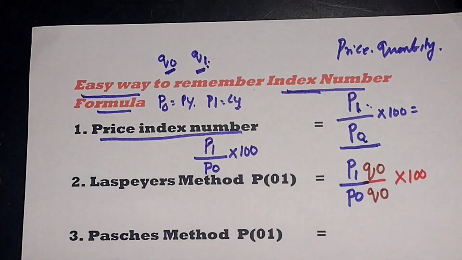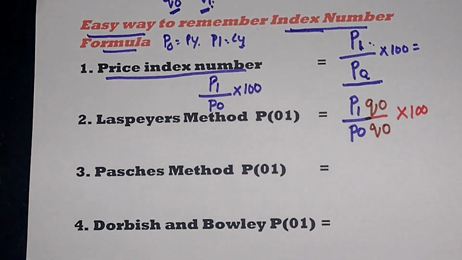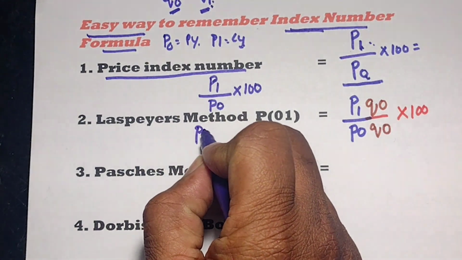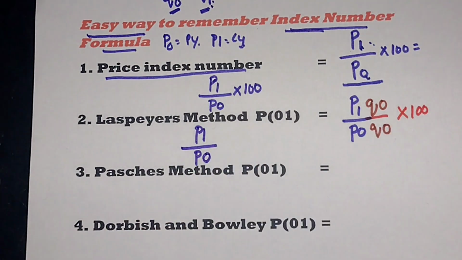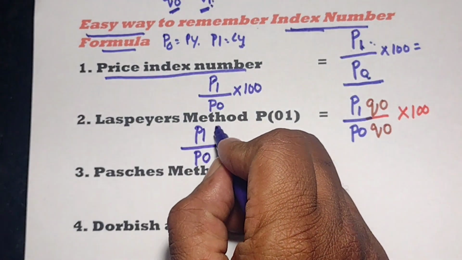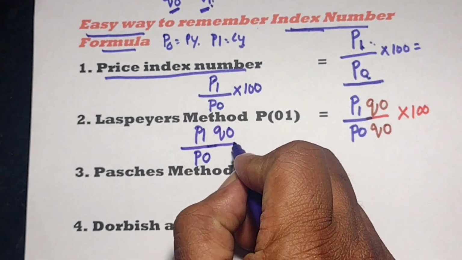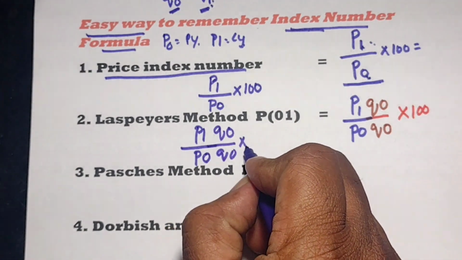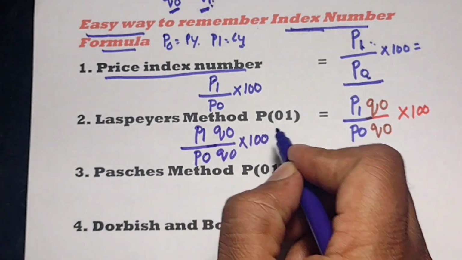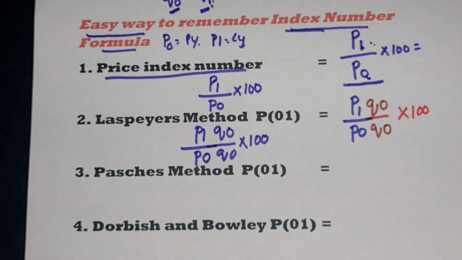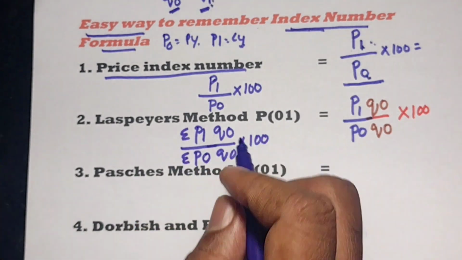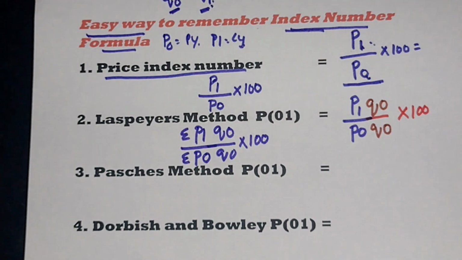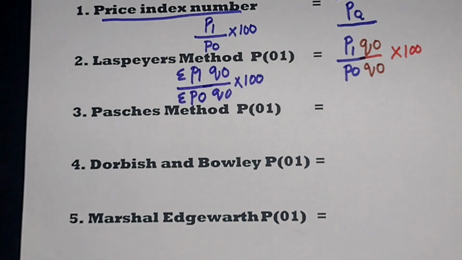Second one is the statistician Laspeyres. He extends that formula. He compares the price of the current year and the price of the base year, multiplied with the quantity of the previous year and multiplied by 100. This is called the Laspeyres method. I am not going to work out any problem, just a trick of remembering the formula. And next, coming to the